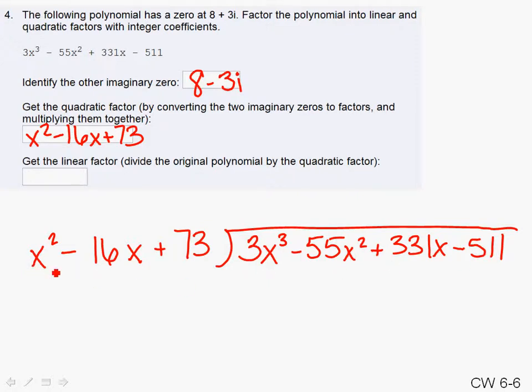Okay, so x squared goes into 3x cubed 3x times. 3x times x squared is 3x cubed. 3x times negative 16x gives us negative 48x squared. And 3 times 73x gives us